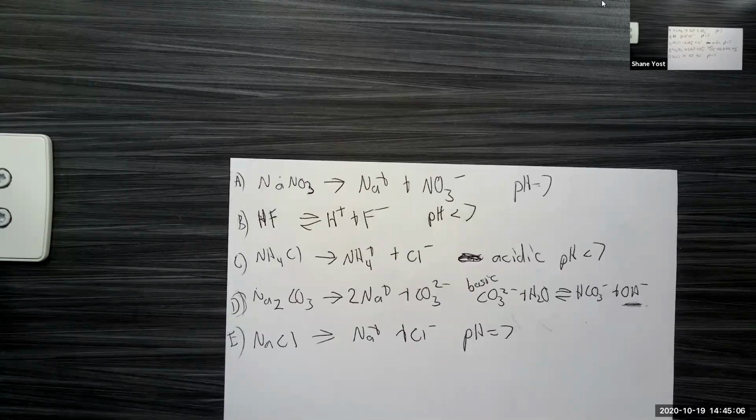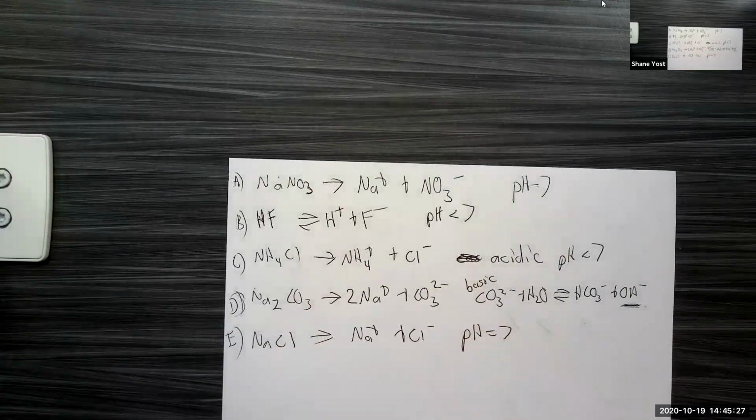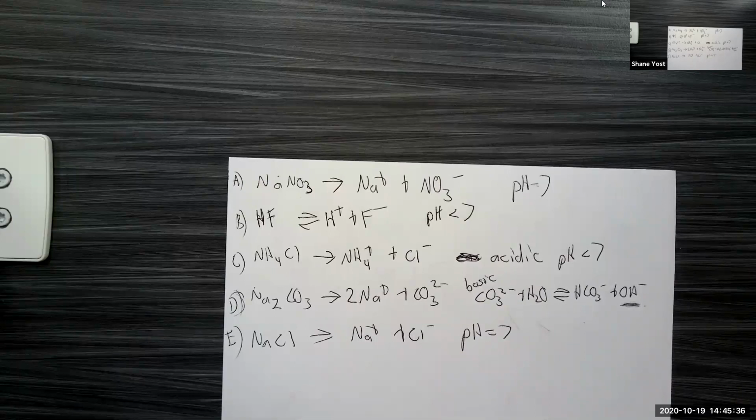So if you have not already gotten that list of what is a strong acid and what is a strong base down in your head, I very much recommend that you remember those lists, because that's basically all these problems are: identifying whether the pH of a salt solution is acidic, basic, or neutral. These cations and anions come from strong acids and strong bases, so they don't impact the pH. Well, this anion, CO3 2-, is not from a strong acid or strong base,